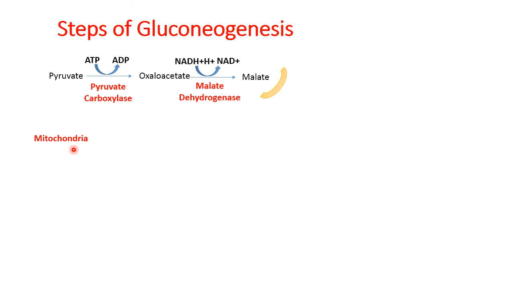From the malate that is formed in the mitochondria, we need to get it converted to phosphoenolpyruvate, but this step cannot take place in the mitochondria, so malate will get transported to the cytosol